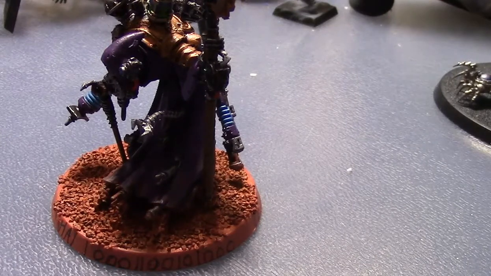Let's go over him. He's got less strength, smaller toughness, wounds, attacks, leadership, and weapon skill than Cawl. That's Nicodemus. So let's just go over those. Movement 6 inches, weapon skill 3, ballistic skill 2, strength 4, toughness 4, 5 wounds, 3 attacks, 8